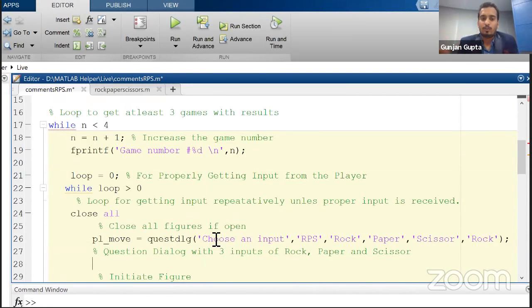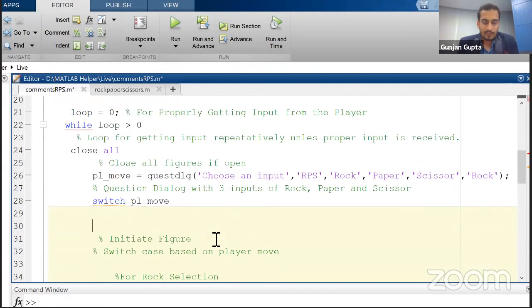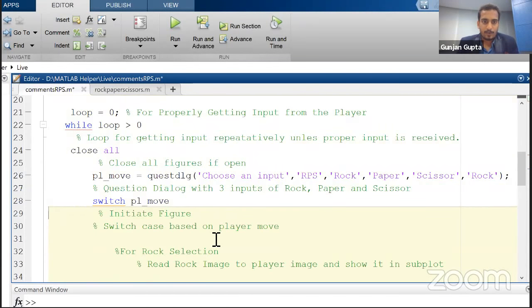Once we have taken the question dialog, we will create an initiate figure. Now, depending upon the option which the user have selected, let us use a switch case. I'm taking switch PL underscore move. Now, again, we have taken case rock, case paper, and case scissor. So let me take you directly to the proper portion. Switch player underscore move.